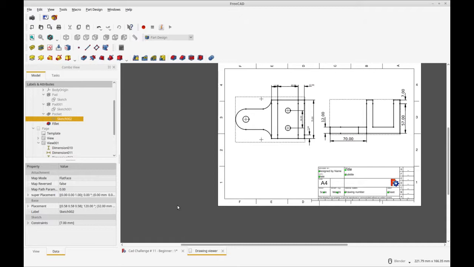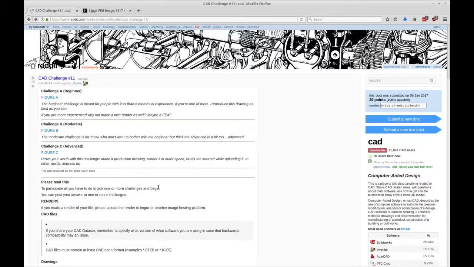And the CAD challenge comes from this Reddit. If you go to Reddit, the subreddit is CAD and user Quadro. Thank you for these challenges. He's up to challenge number 25 at this point, but I'm going to slowly work through all of the beginner challenges, and then I'll probably start doing the moderate and advanced. I'm going to try to do one of these a day. But I also want to do my CAD battle, and I need to update some OpenSCAD, finish off some OpenSCAD series. So anyway,